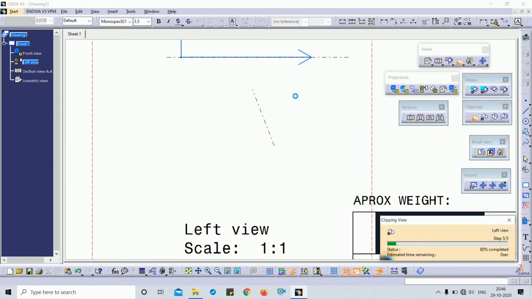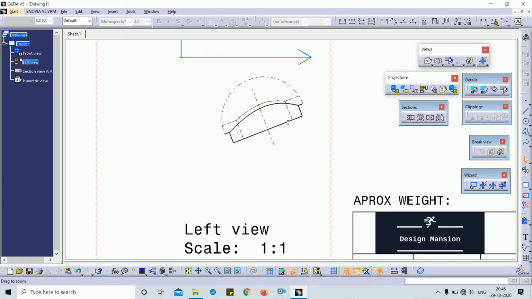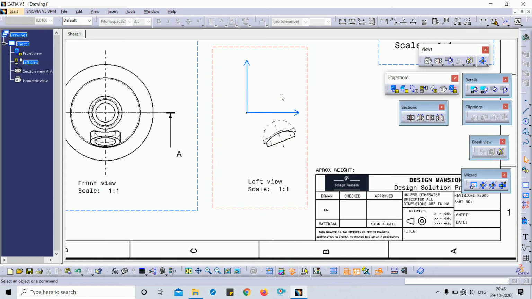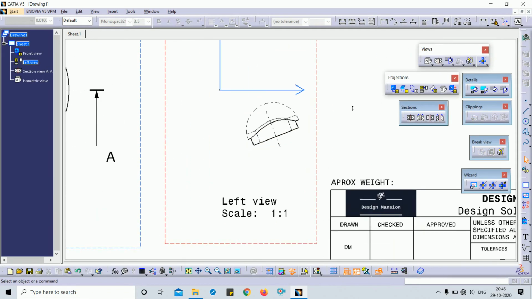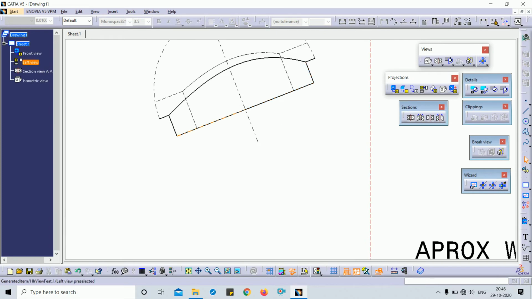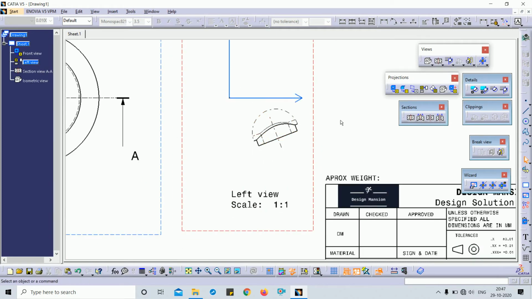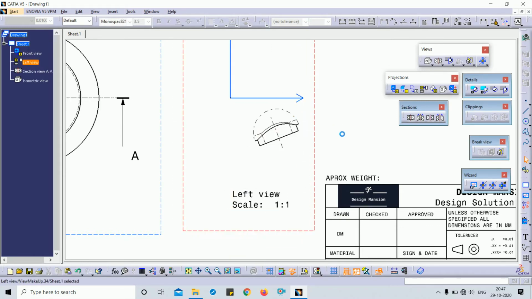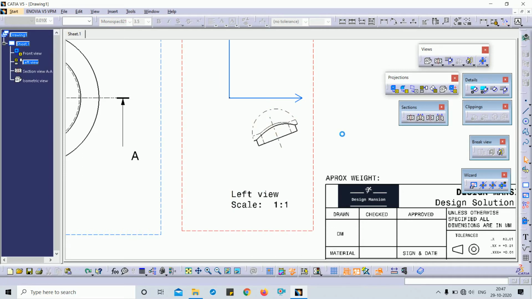Only this part will remain and the other part will be removed. Only this part remains, which I wanted for dimensioning of that particular view. So for that the clipping view is used.